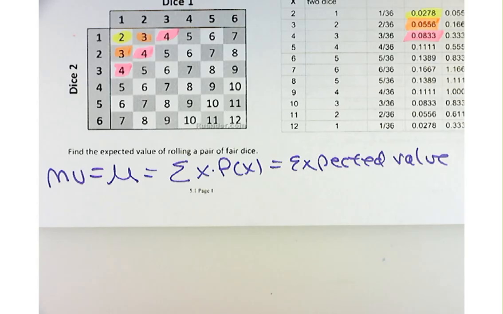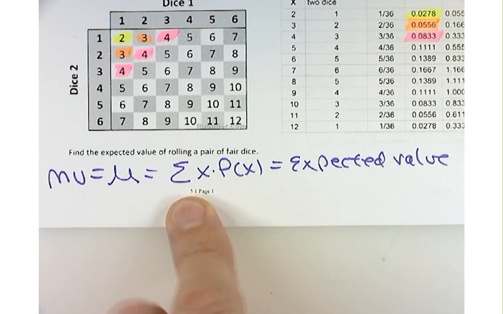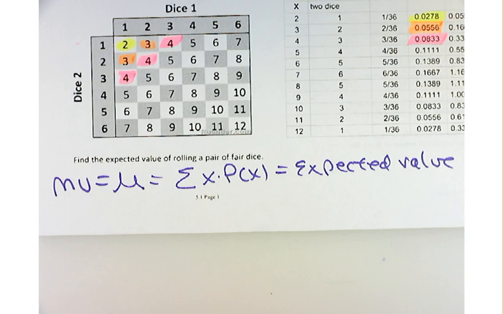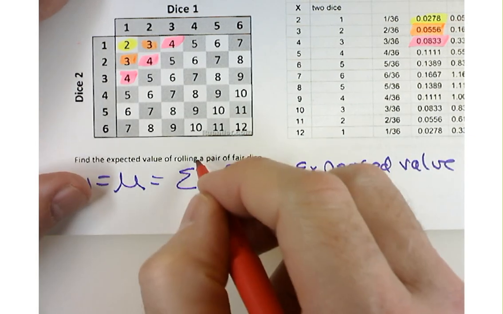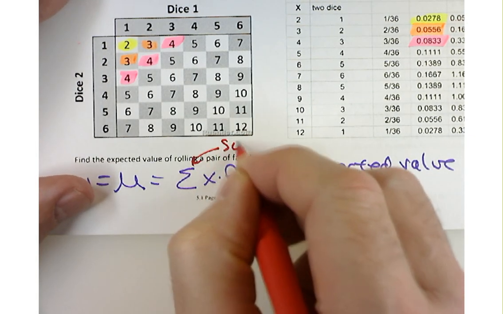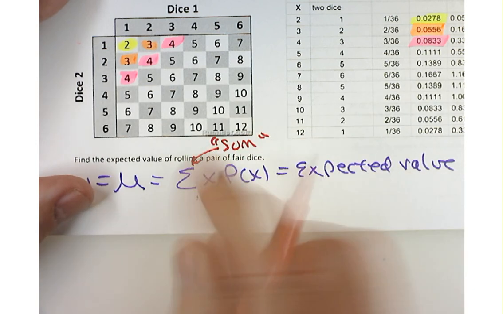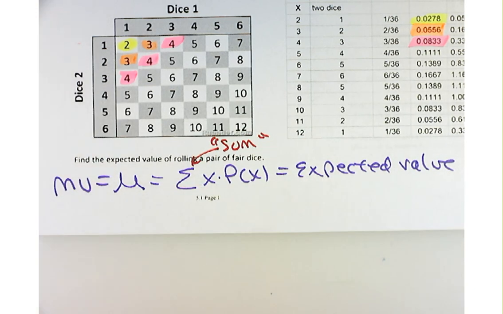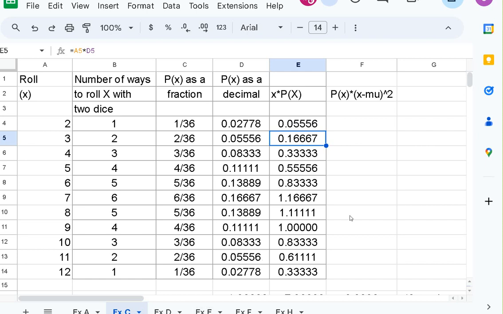But what I needed was the sum of that. Just a reminder, I think I've said it before, that stands for sum. It's a Greek letter S, called sigma, but you're summing that all up. What do you get when you sum that up? What's the average roll of a pair of dice? What are you getting? Jordan, did you get a number there?